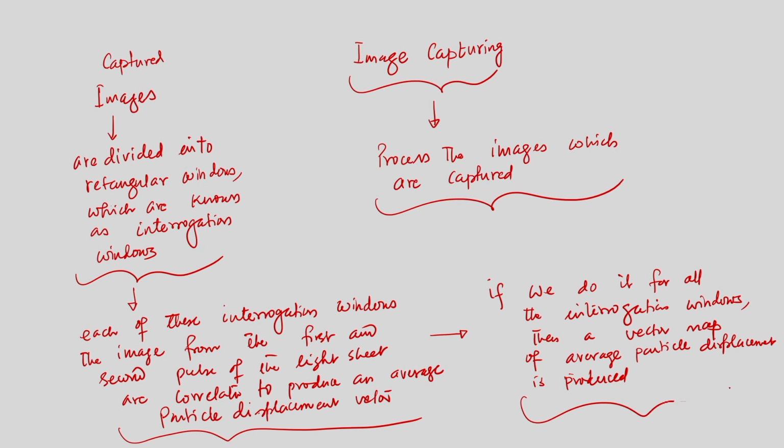If we do it for all the interrogation windows, we will see through the schematic diagram what the interrogation windows are and what the image captured by the camera is. Now, we know the time between two consecutive images captured by the camera. So, if we divide the particle displacement vector by this time, then we will get